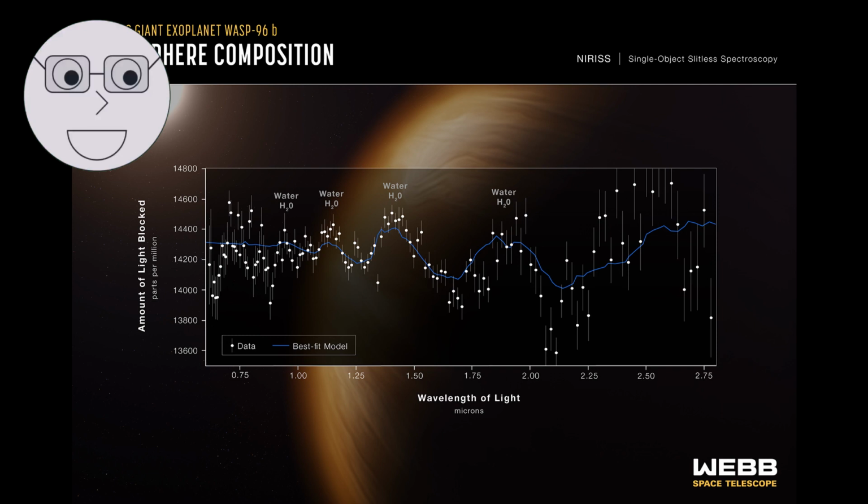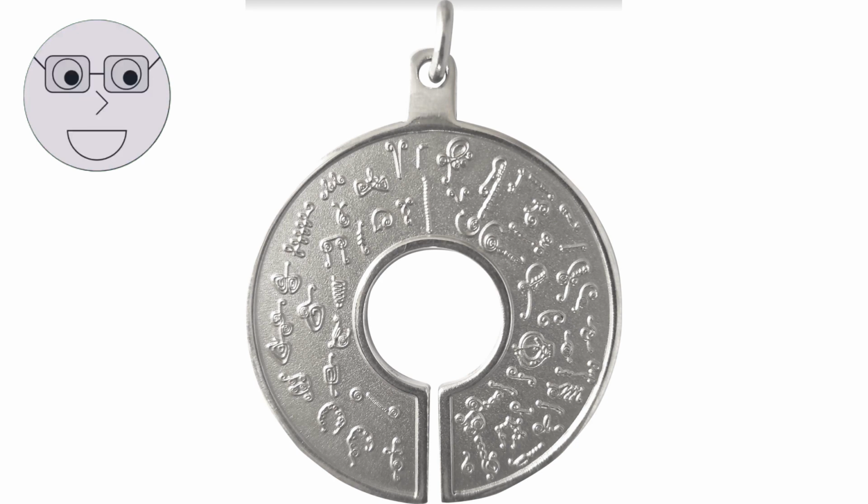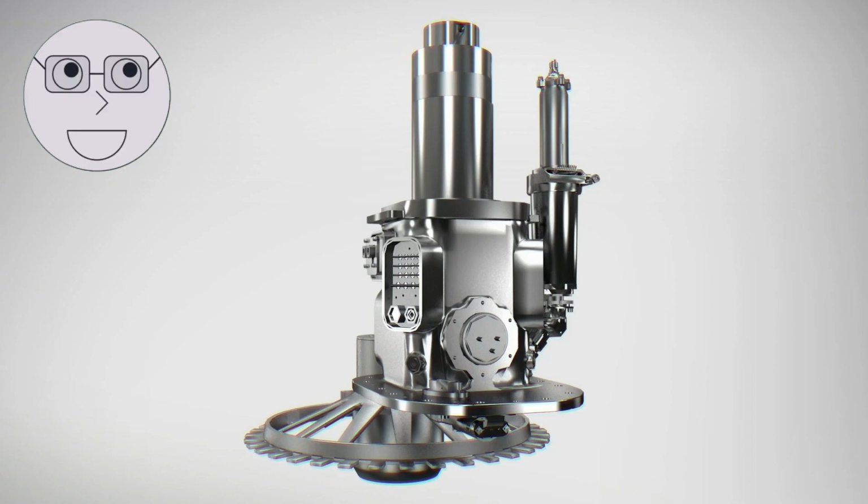But finding a planet in the habitable zone is just the first step. We also need to determine if it has an atmosphere and if that atmosphere contains the chemical signatures of life. Animation of a planet with an atmosphere. One way to do this is to look for biosignatures, which are molecules that are produced by life and can be detected in an atmosphere. Animation of a biosignature molecule.